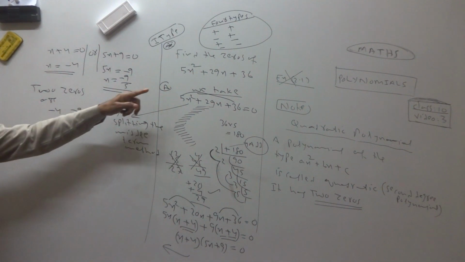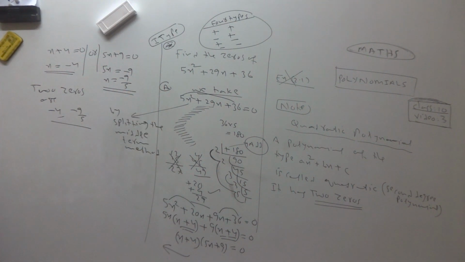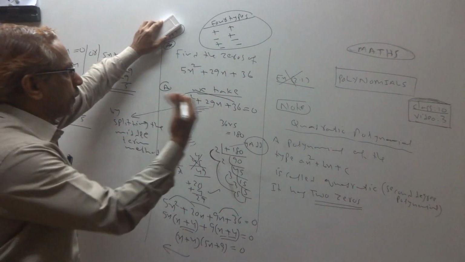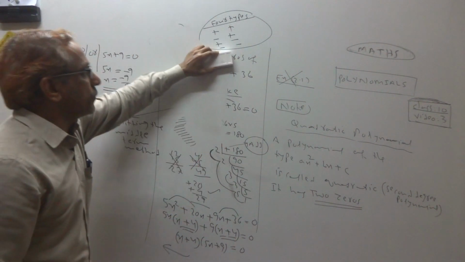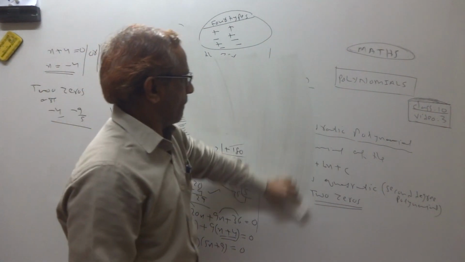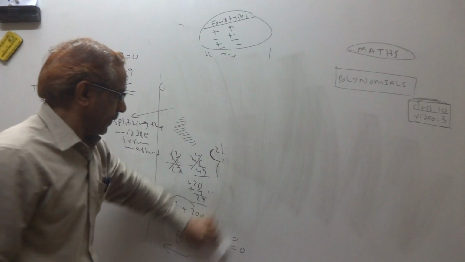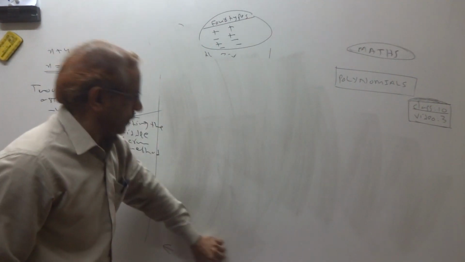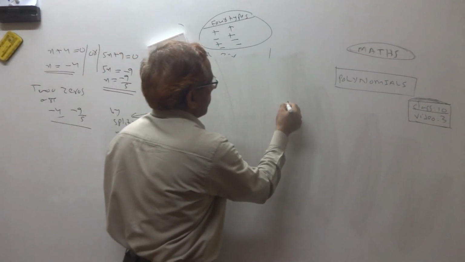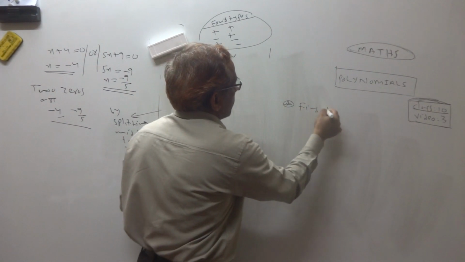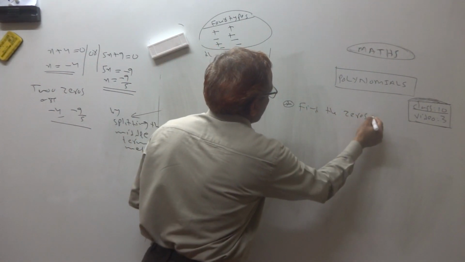Okay, so I will do 2-3 more questions. You get the idea if you see. Then I will give practice type questions. So we are doing the first type first. See, simply the question is like this. Find the zeros of,